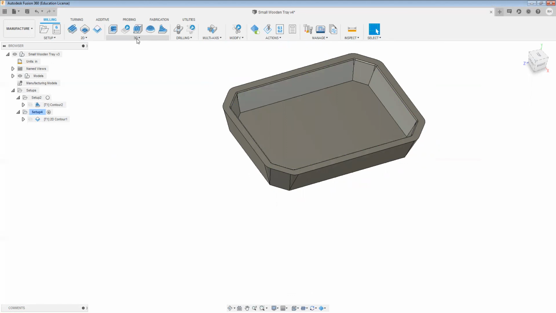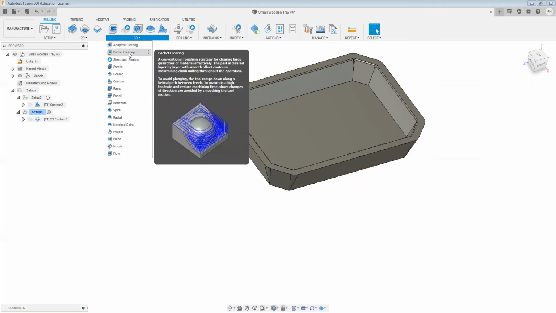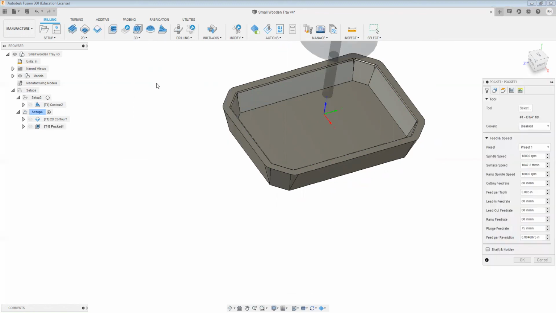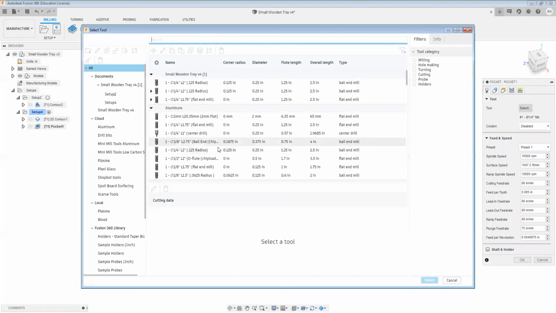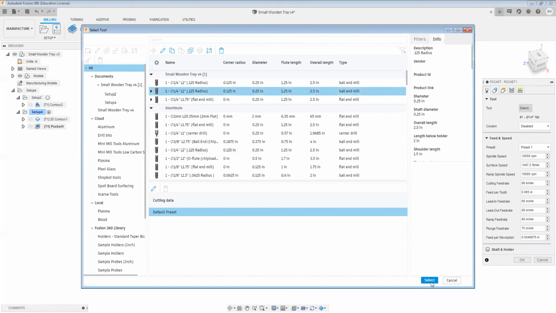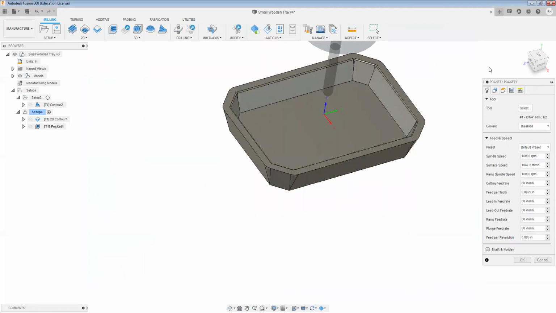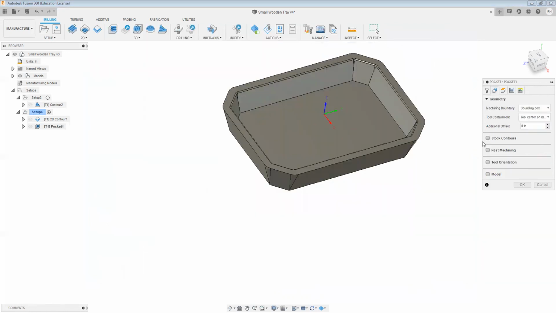So to do that, we'll use the 3D adaptive clearing. We're going to change the bits back to the radius bit, ball end mill. Select. On the geometry,